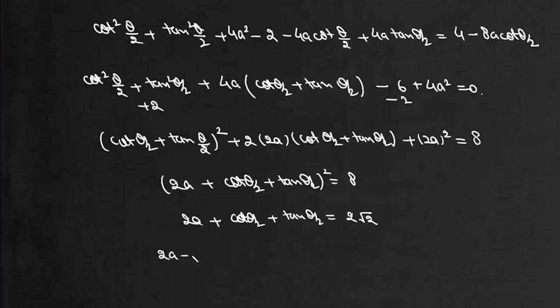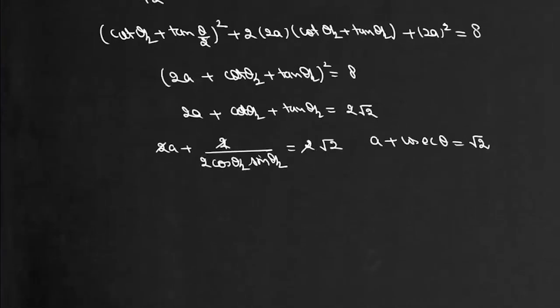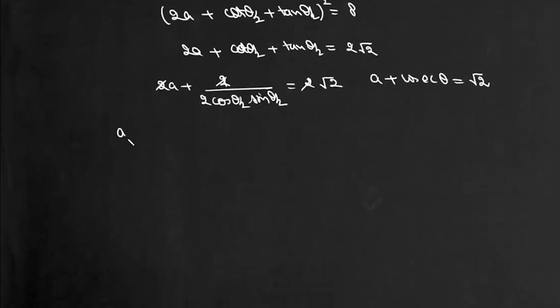Now if we change it in sine and cos, this is cos upon sine, sine upon cos. So cos square theta plus sine square theta will be 1. So it will be 1 upon cos theta by 2 into sine theta by 2. We'll multiply and divide everything with 2. Now this 2 here will cancel. We'll get this as sine theta. So this a plus cosec theta will be equal to root 2, or this a is simply root 2 minus